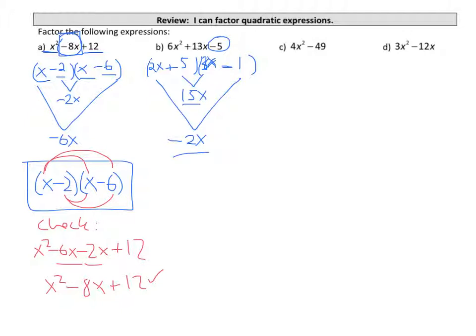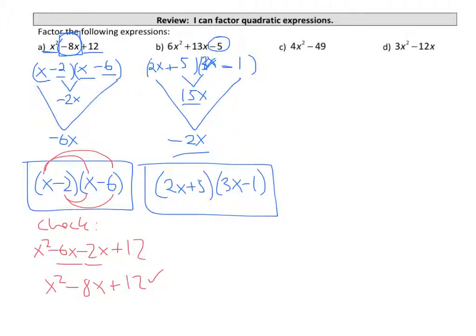So now I finally got it right. 2x plus 5 times 3x minus 1. So we have to be patient and try all the different combinations until we get something that works. Now in the next example,